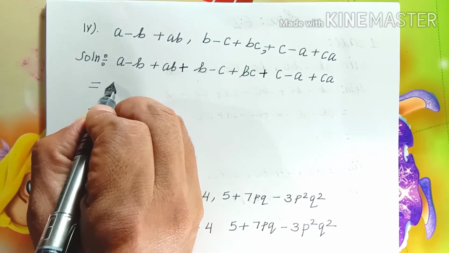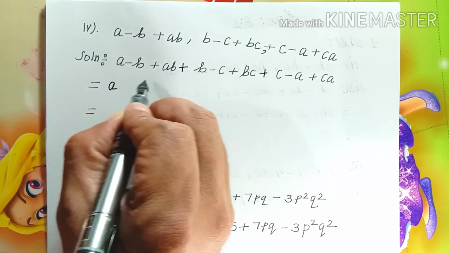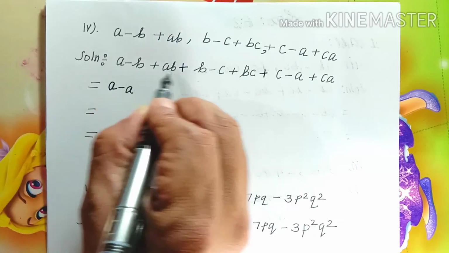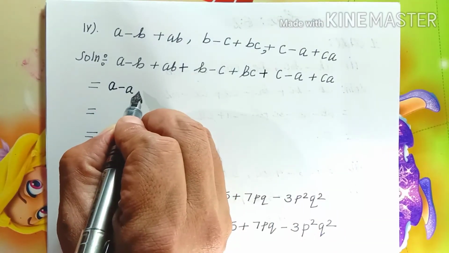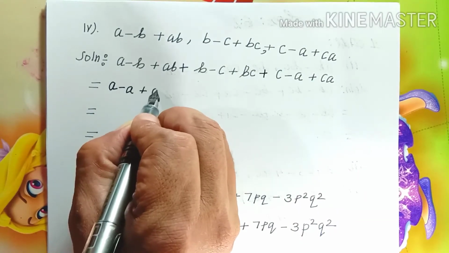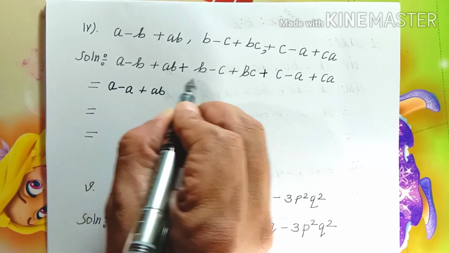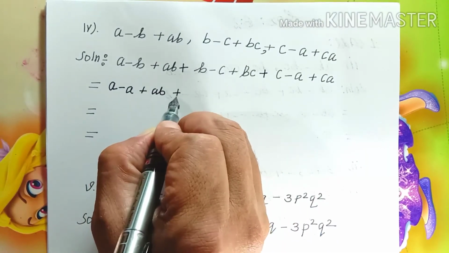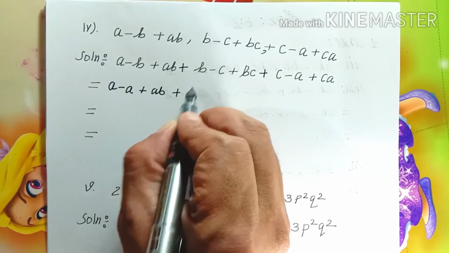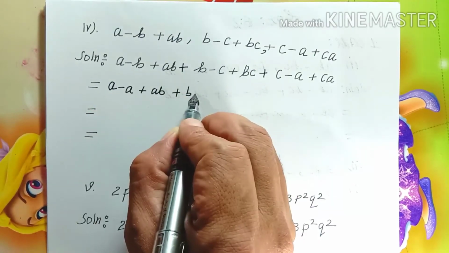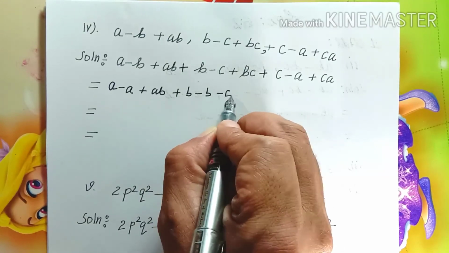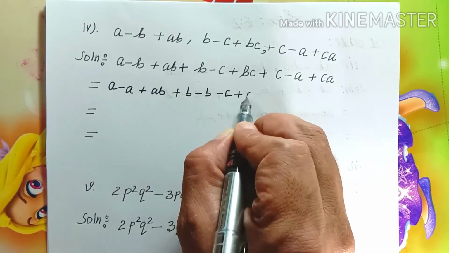First group we can collect the variable a, so again we'll find out here, again we have minus a. Now any more? No. Now the second variables we have here a, b. Now again here a, b is there? No. After that here plus we have here plus b, again here minus we have here b. Now the third one here we can see minus c, again here plus c.